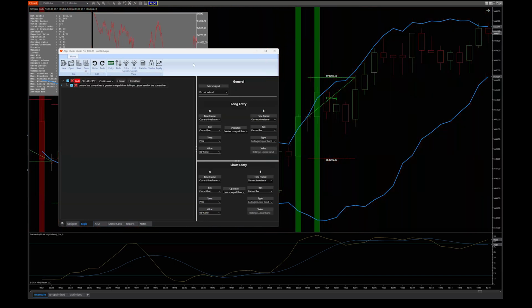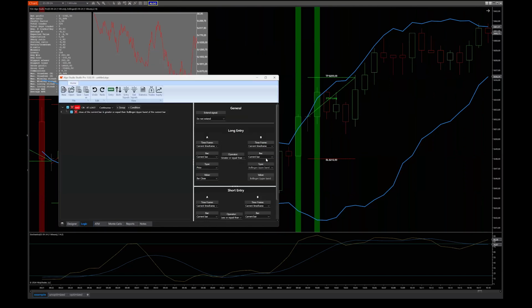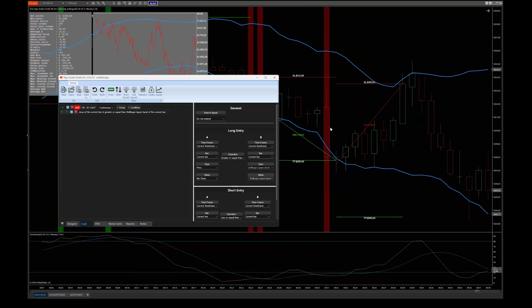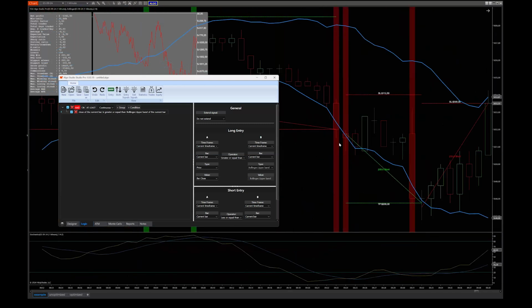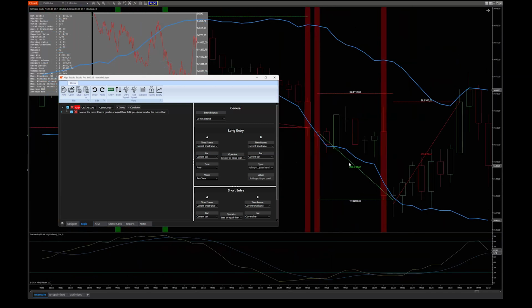And already you see things changing in the background, and that's one of the benefits of this product. You see real-time updates. At the moment I make changes here, you can see the signals appearing. So here you can see this bar is closing above the Bollinger Band, so that becomes a long signal. You can see it's taking a long trade. And if I scroll back a little bit, you can see the same for the shorts, where it's taking short trades when it's below the Bollinger Band.